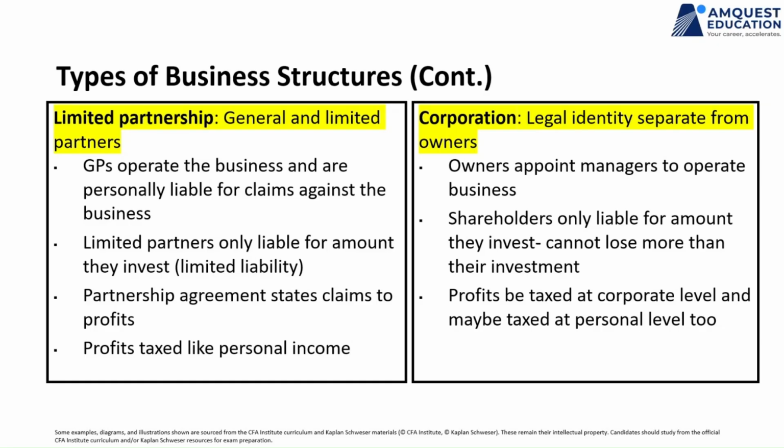What happens in a limited liability? The bank only has claims on the assets of the company. So if the company cannot pay a loan and the company has no assets or has residual assets, the bank can only liquidate the company's assets. The bank cannot touch your personal assets. So that is, I think, the key difference between a limited and an unlimited liability, which is why a lot of companies that we see around are all limited liabilities.